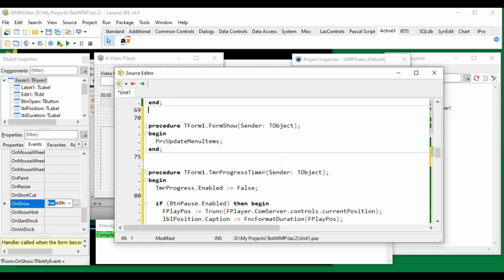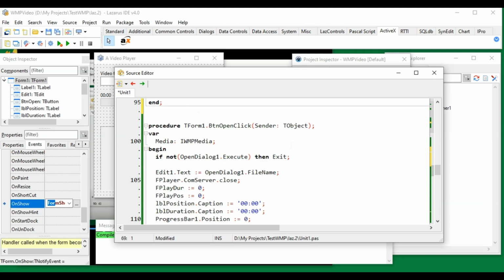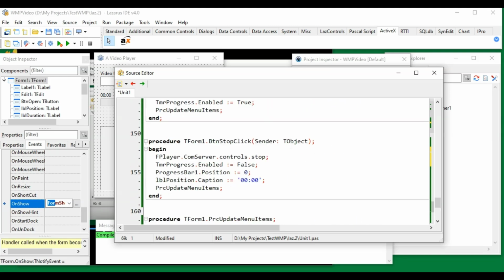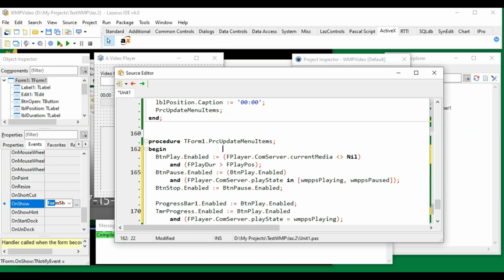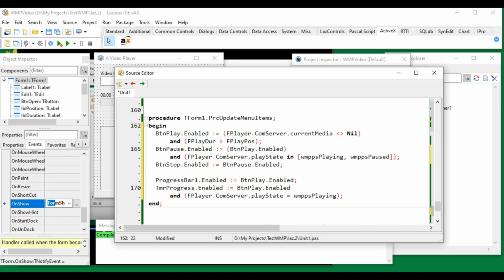Let's circle back to the update menu items procedure logic. Here we are. We set the playback's availability by detecting whether the current media is nil or not, and whether playing duration is bigger than playing position.